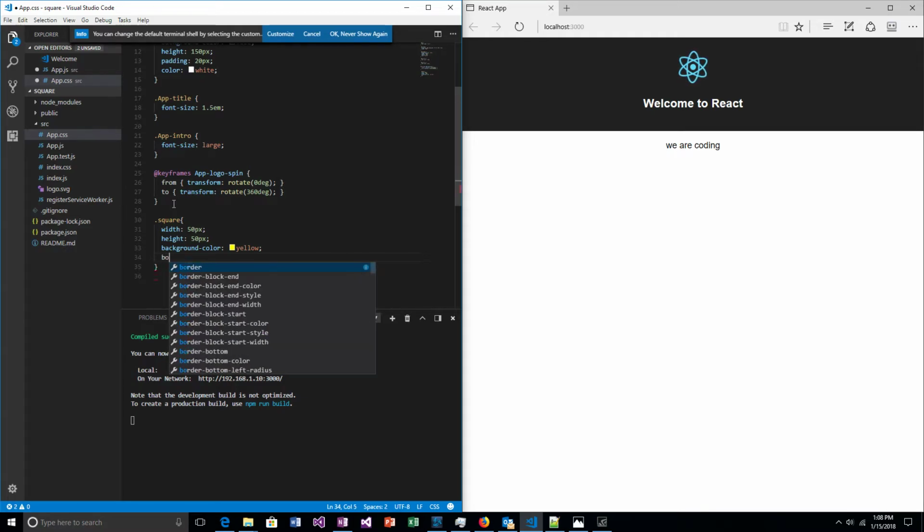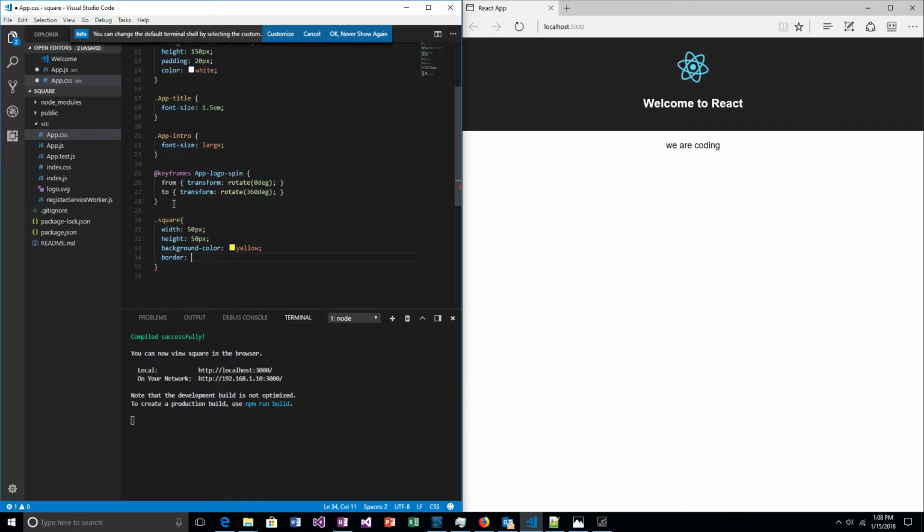I need a border. So border, if I remember my CSS right, I need to give it, if the lines are solid and they're 1 pixel in size, and give it a color, so we'll make a black border. Alright, so I'm going to save this,